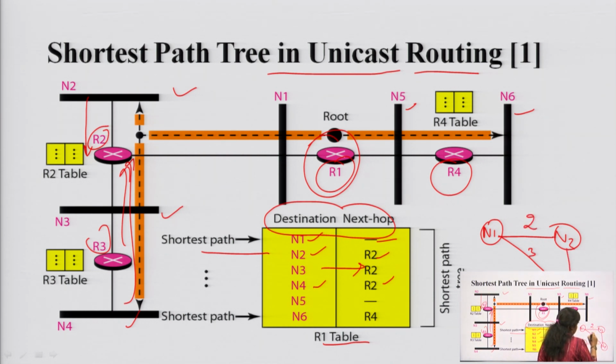This is showing the path length, or you can say the cost of connecting the network from N1 to N2. What will be the cost? It will be 2. To connect the network from N1 to N4, what will be the cost? It will be 3. So, at every node, this is the Dijkstra's example. At every node I have to decide which is the shortest path. Let us say the packet is received over here, then I have to consider whether this one is shortest or this one is shortest. So, among the two cases 2 and 3, this one is the shortest and it will connect the network from N1 to N2.